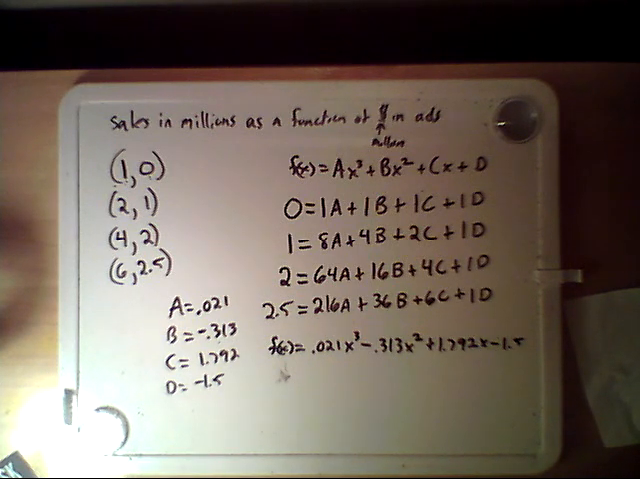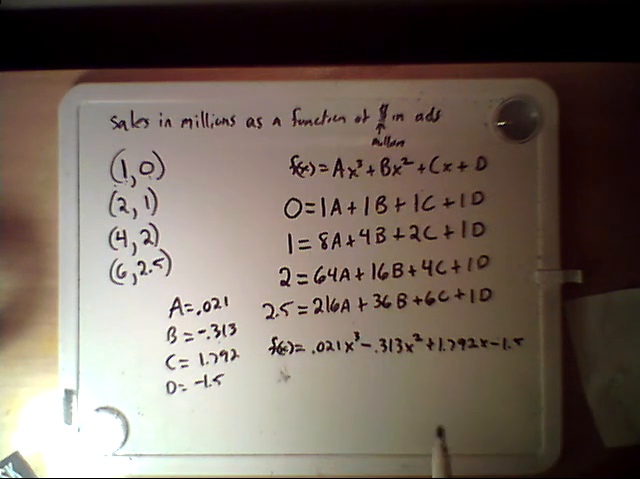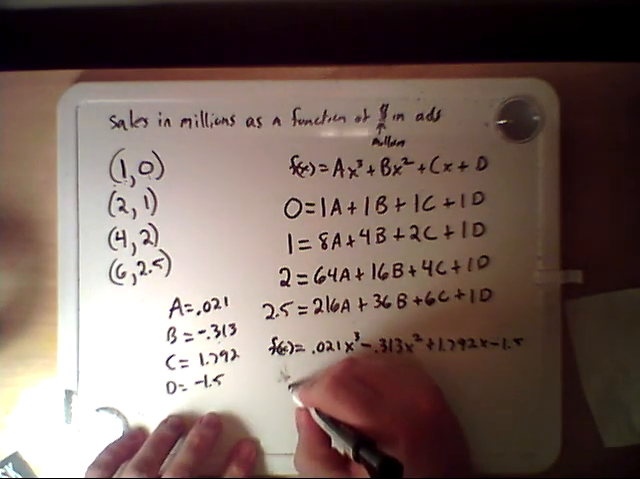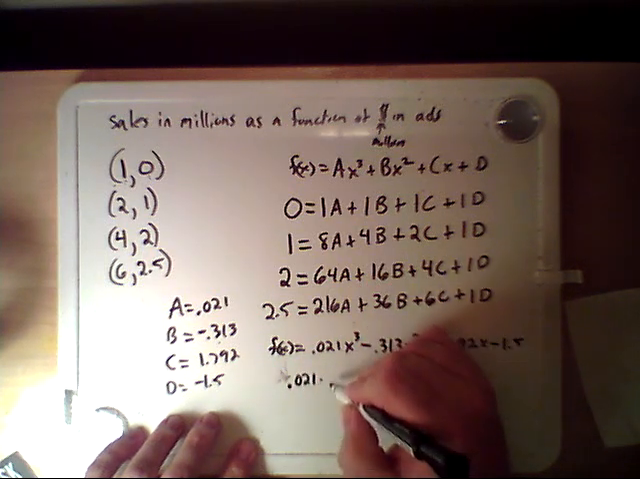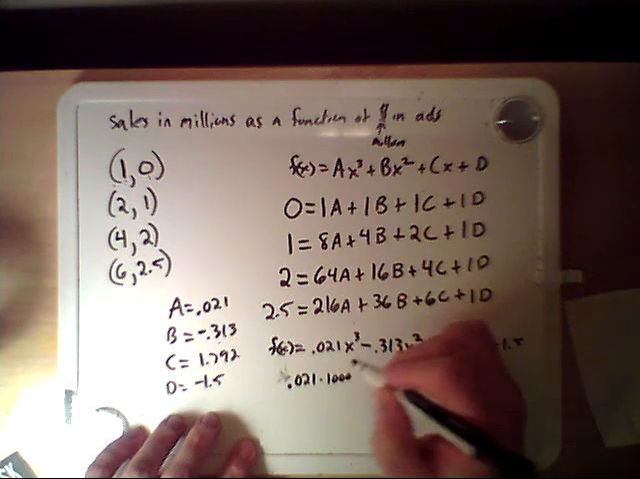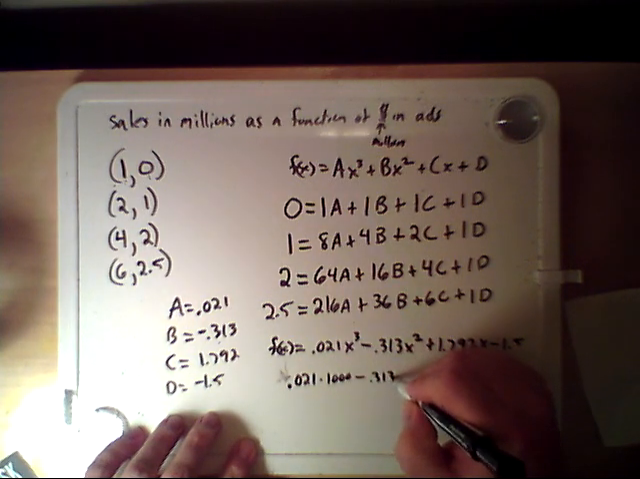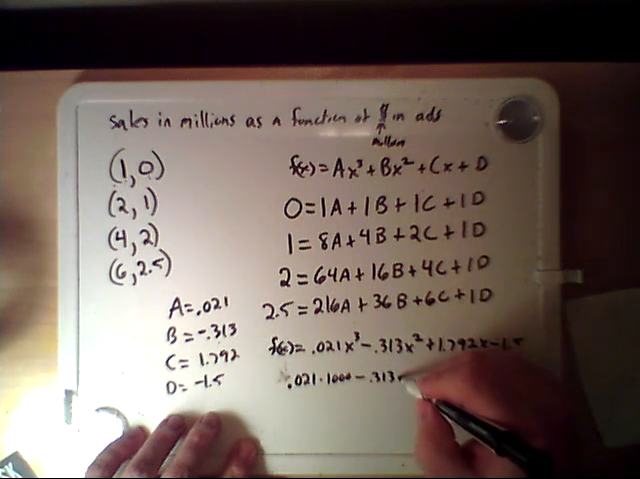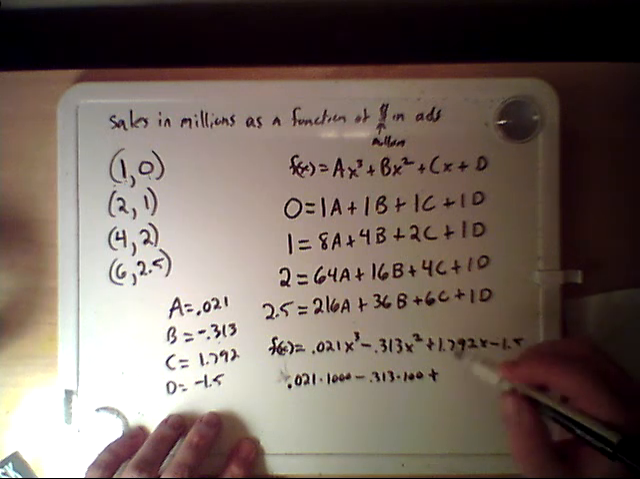Okay, now it asks, what would the projected sales be if we spent $10 million in advertising? So we're just going to figure out what happens when we plug 10 in for x, right? So it's going to be 0.021 times 10 to the third, which is 1,000, minus 0.313 times, well, 10 squared is 100, plus 1.792